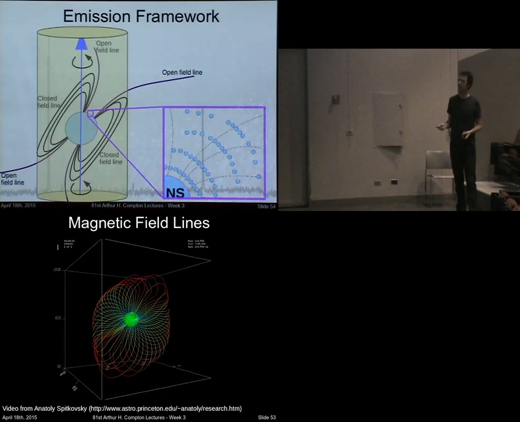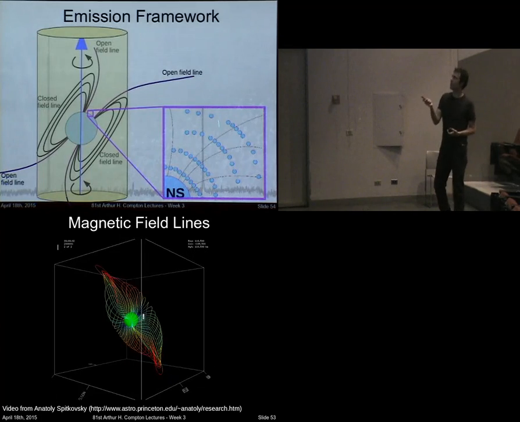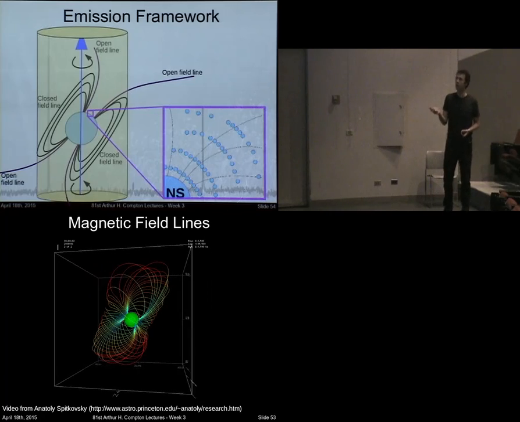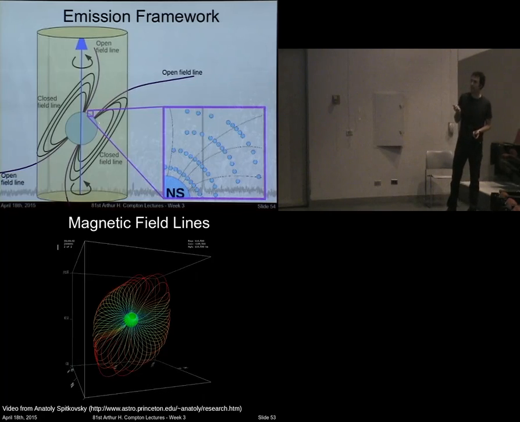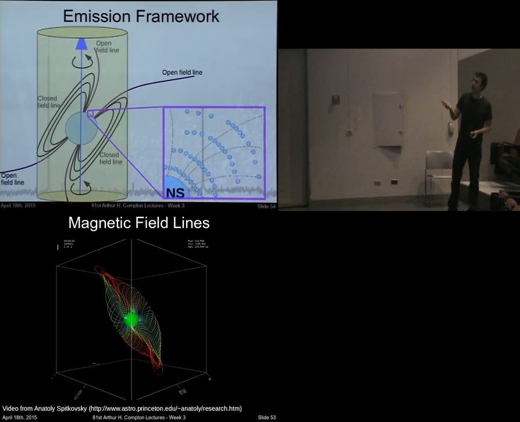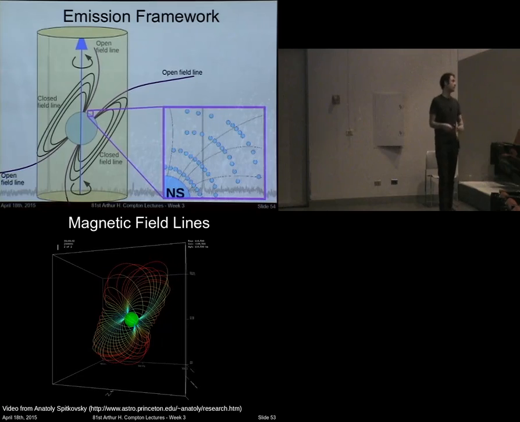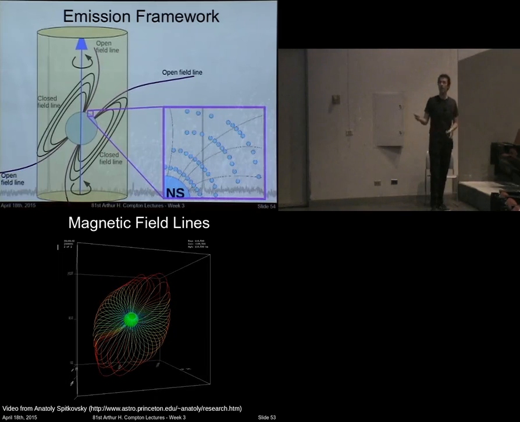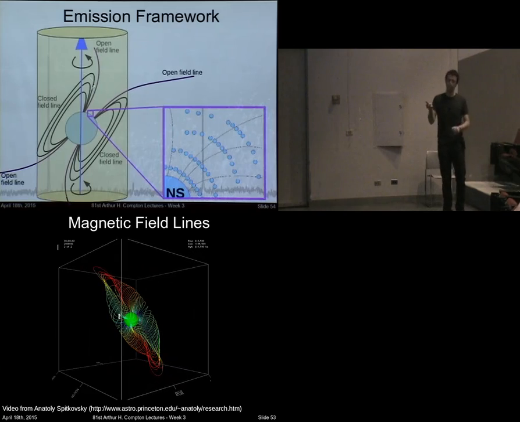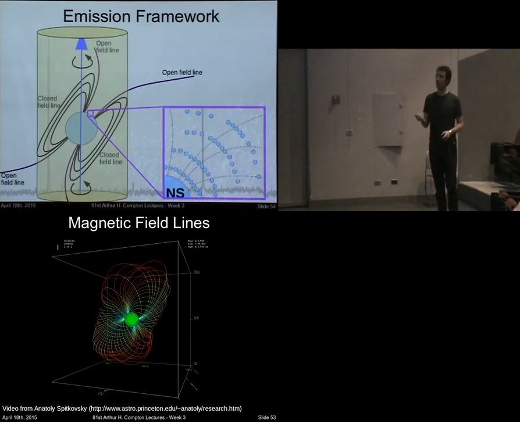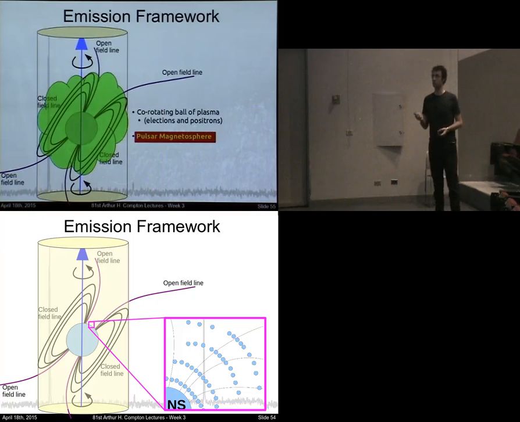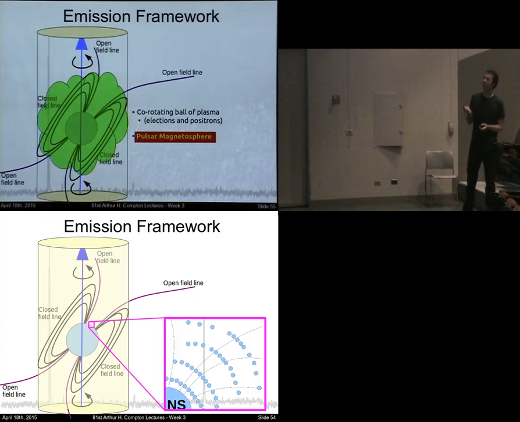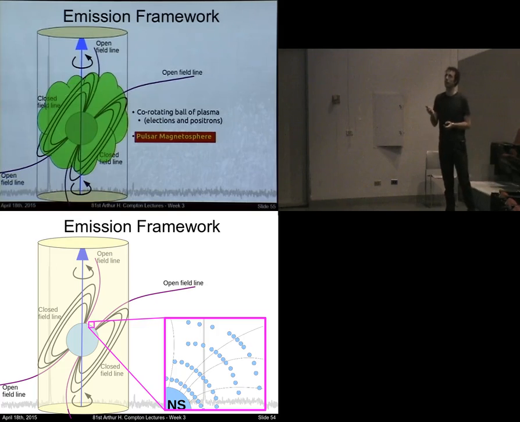Now the action that I was talking about at the pole, which makes our radio beam, is happening in here, and all these particles that get created, and also the cascade particles, the particles that are moving in the opposite direction, they fill up this whole region and make what's called a magnetosphere. And so I've just drawn a green, noxious cloud. This cloud here is full of a co-rotating ball of plasma. It's full of electrons and positrons,